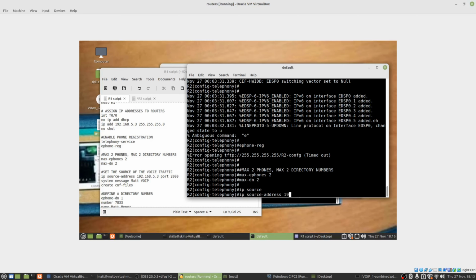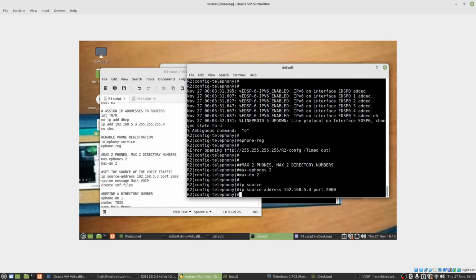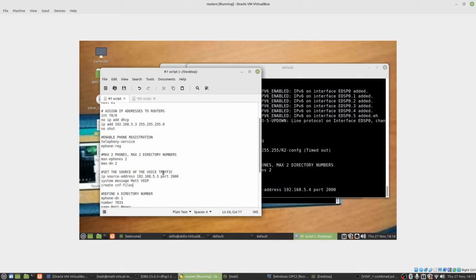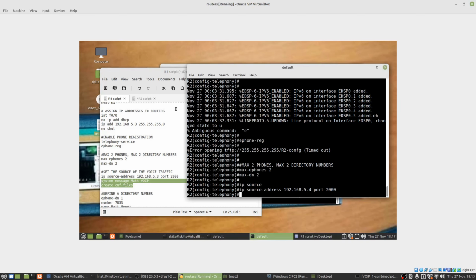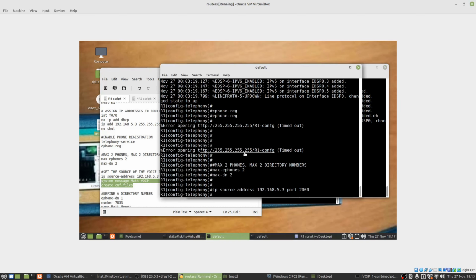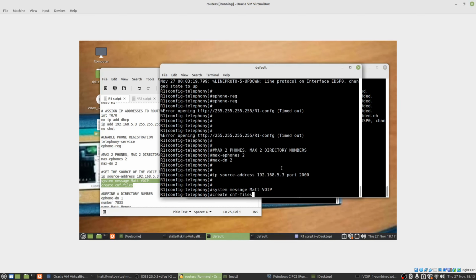Source address 192.168.5.4 and then system message and then the CNF files, which are basically the configuration files. So by pasting that there,